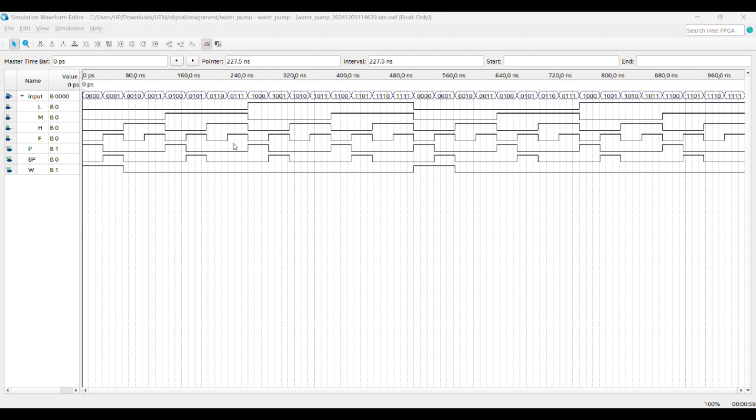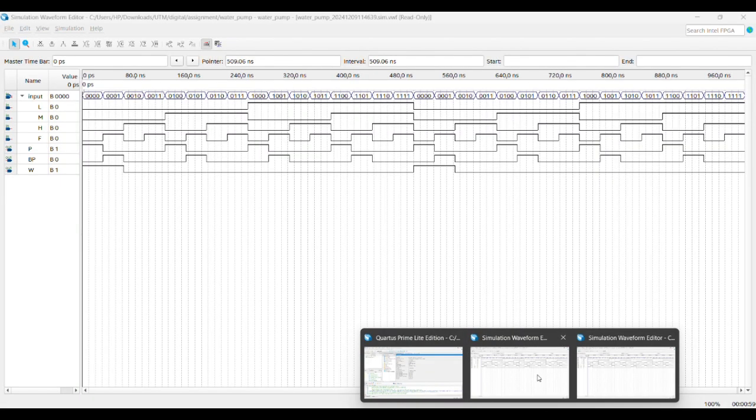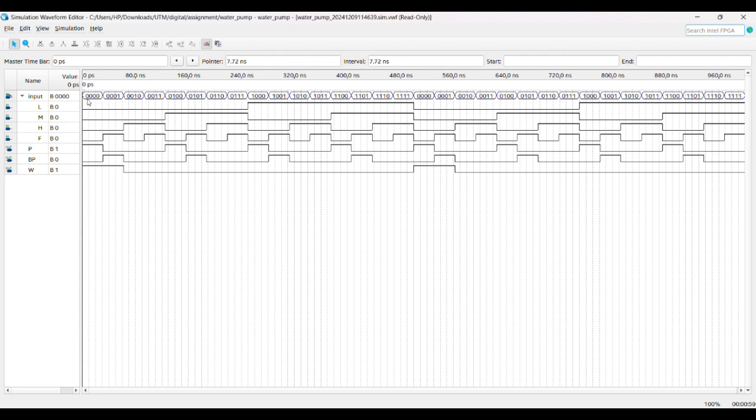After that, we will see the waveform. What is the function of the waveform? The function of the waveform is to know that the output we want is correct. So we need to know whether it is compatible. We need to compare it with the truth table, so we need to see that the output is the same as the waveform. Before that, I want to say that when the line is lower, it is 0. When the line is upper, it is 1.